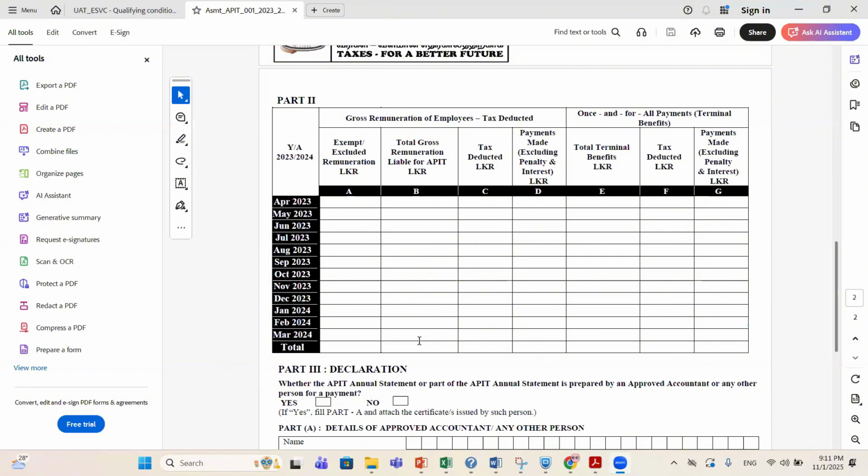If it is a vehicle allowance, it should be 50,000 plus 20,000. With vehicle and driver, for the vehicle, the monthly benefit will be 20,000, and for the driver, the monthly benefit will be 10,000.